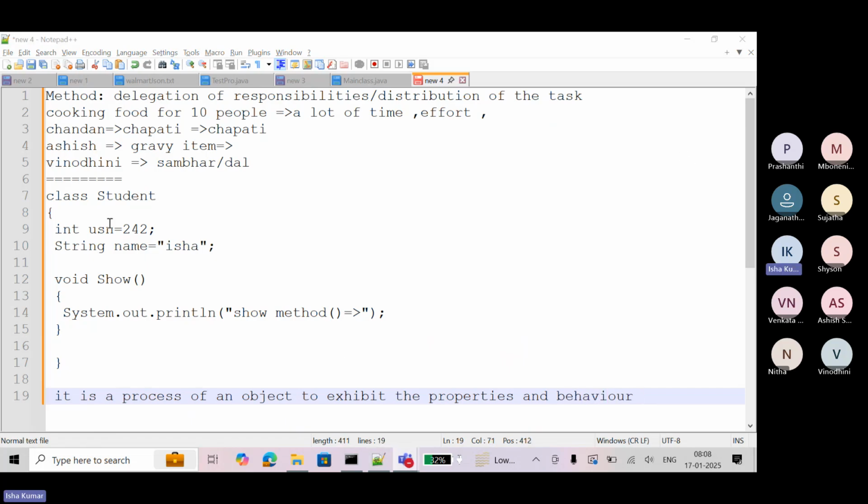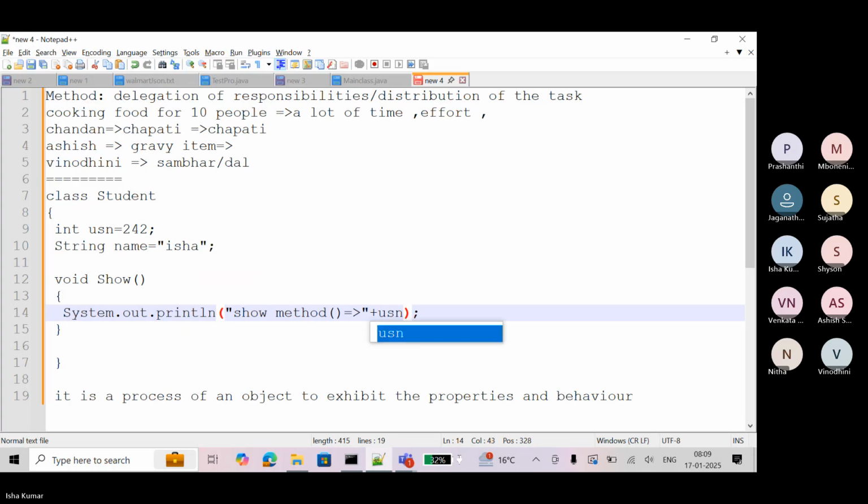So see, this is my student class, this is my object here, and it is showing the behavior of a student, it is showing the student's data. I can fetch here the student's data, USN and name.